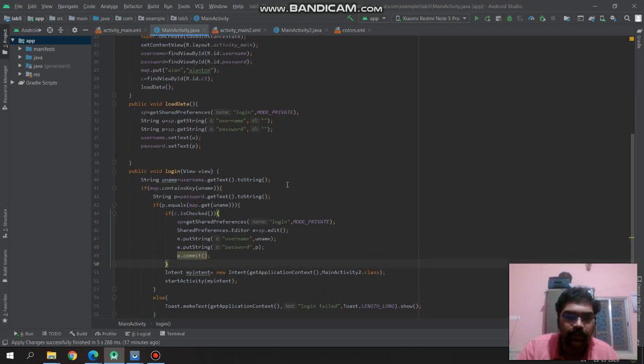And for login, we are getting the username and password. Then we are using an if: if map.key contains key uname, then the password we are getting, p.equals map.uname. Then inside that, if c.isChecked is used, then